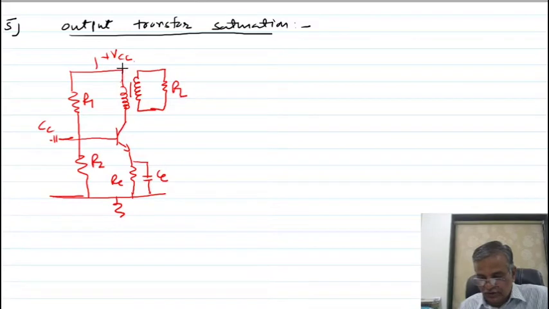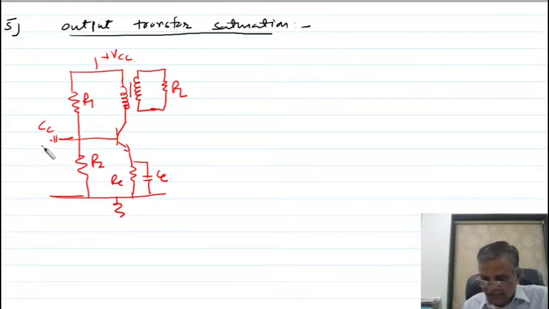When the AC signal is not applied, collector current is passing through this coil. As collector current is passing through this coil, it is magnetized. So this collector current is called magnetizing force, which magnetizes the coil. So flux is associated with the primary. So Q point can be written in terms of the flux at that time. Whatever flux is there, that is called flux at Q point.